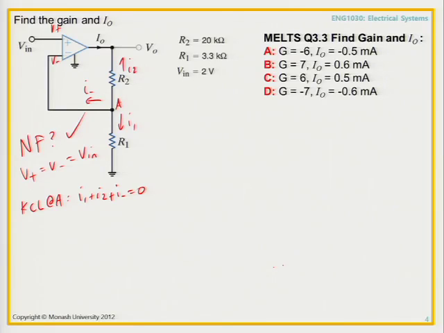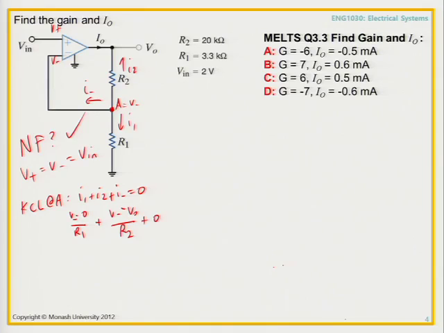You take the voltage at the node that you're coming from, subtract the voltage of the node that you're going to, source and destination. The voltage at A we know because A is directly connected here is V minus. Therefore I1 will be V minus subtract 0 over R1